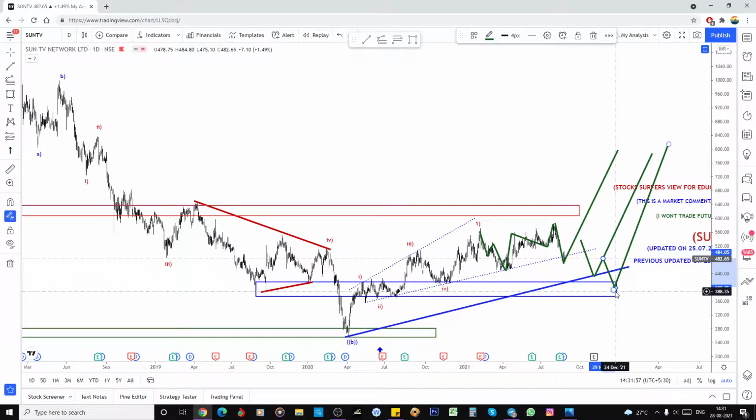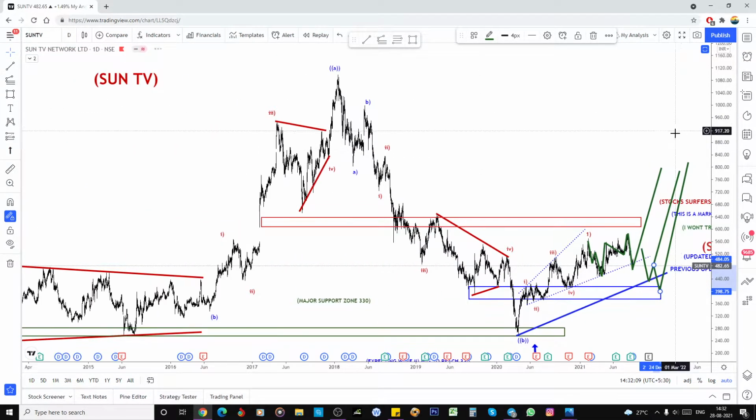And after all the corrections are completed, it must shoot from here. Whether this could be an A or 1, and this could be a B or 2, I'm looking for it to reach nearly the 1000 range. So next is